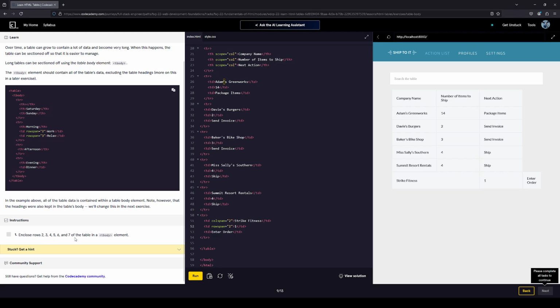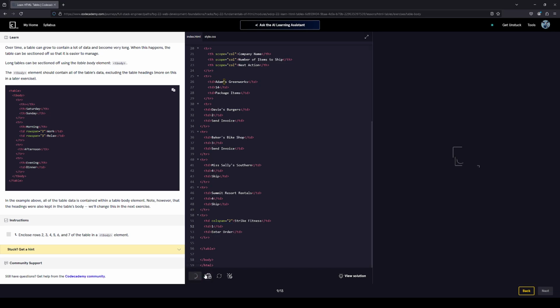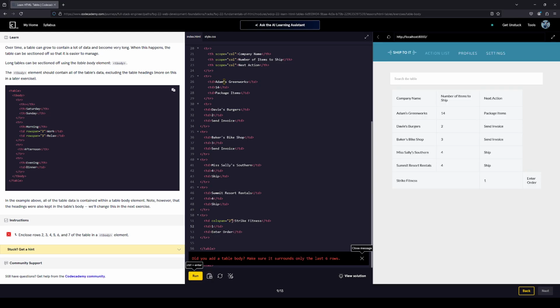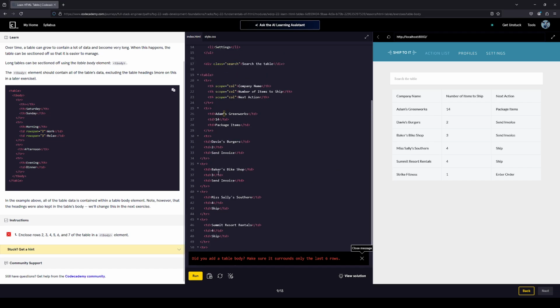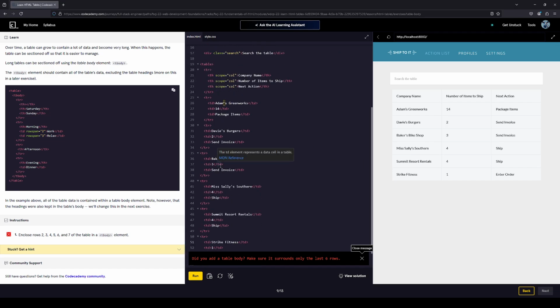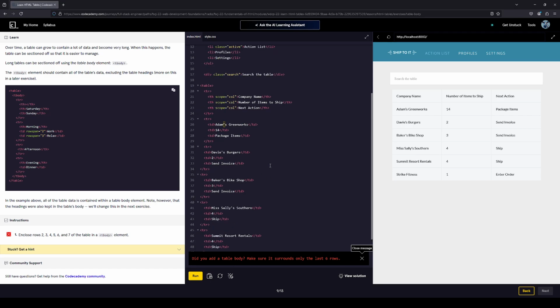Enclose rows 2, 3, 4, 5, 6, 7. Get rid of that. Get rid of this as well. It's just so that we're back to square one. And then we're going to enclose